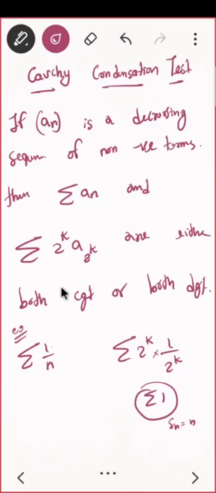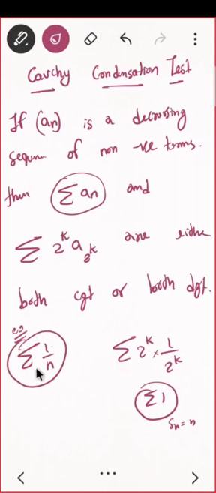See, I wanted to see, I compared this with this. Okay. So what is my an? Do you see an is 1 by n? So now I just want to substitute it here. In place of n, do you see, there is 2 raised to k. So this is summation 2 raised to k, which I already put, but for a 2 raised to k, what is the value of an? An is 1 upon n. So what will a 2 raised to k be? It will be 1 upon 2 raised to k. Do you agree? An is 1 upon n, so what will a 2 raised to k be?